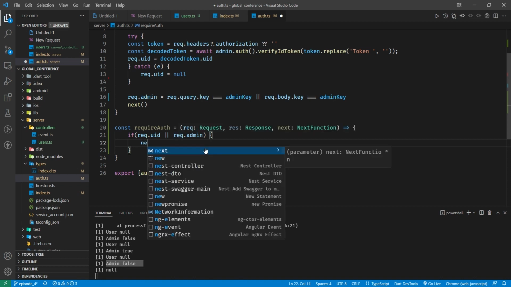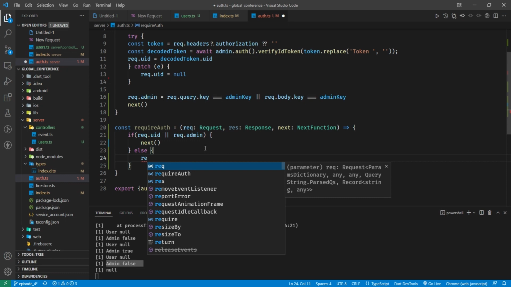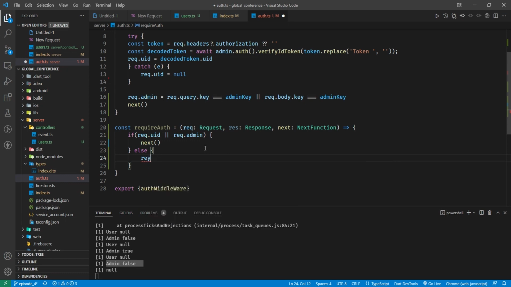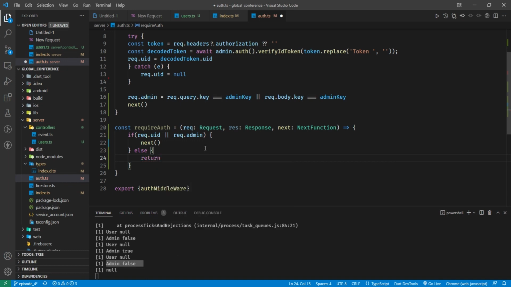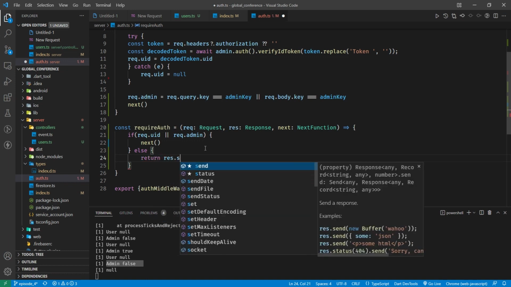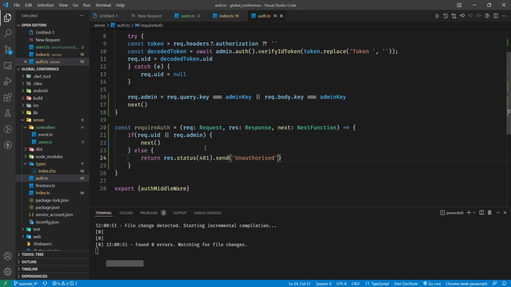And if that's the case, we're just going to go on to the next middleware. If it's not the case, we're going to return right now the result status 401, send unauthorized. Okay,